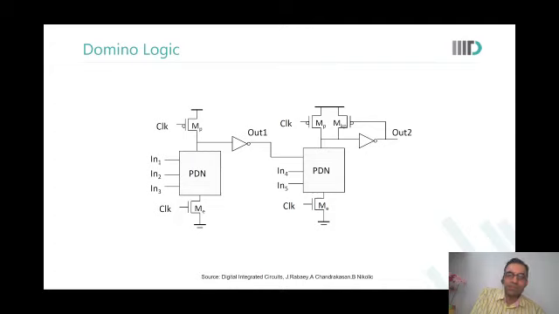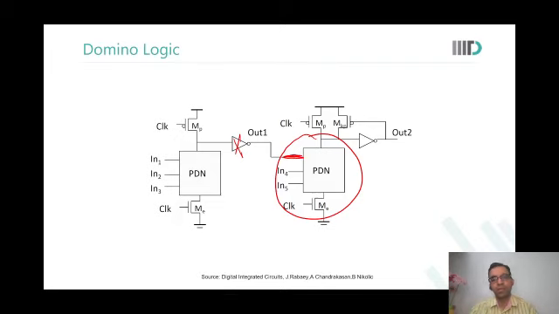Faisal? So I understood the issue of cascading, that if out1 goes from 0 to 1, then out2 can discharge at any time. But how, by using this inverter, are we removing this? I'm not able to get that part. You tell me, if this inverter was not there, what was the default state of input coming to this second PDN? If this inverter was not there, what would be this input's default state in the pre-charge state?